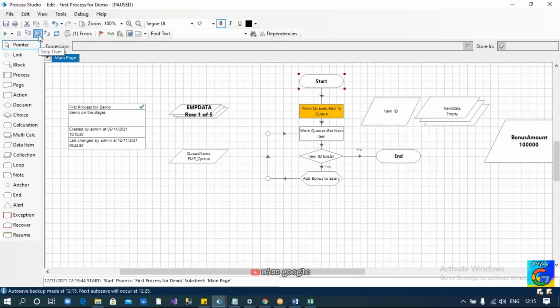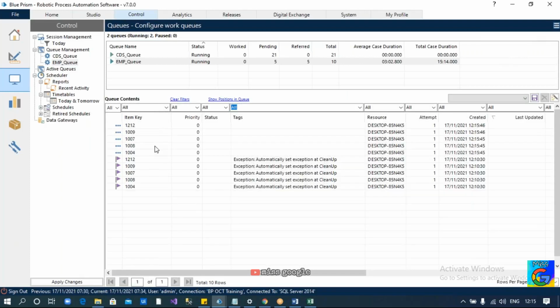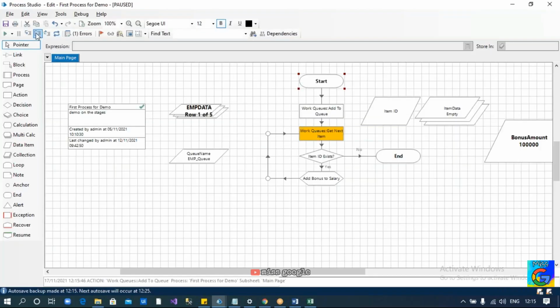Add the data to the queue. It is adding the data to the queue. Now you can see we will be having some pending items. These are the pending items. We have added the data to the queue. Now once the item is picked up from the queue,